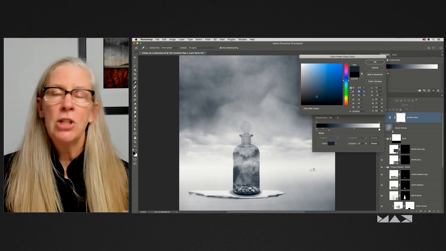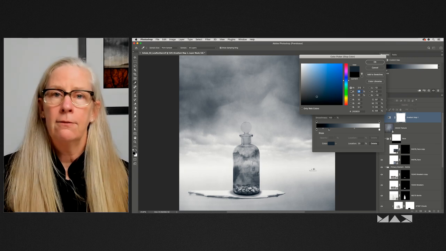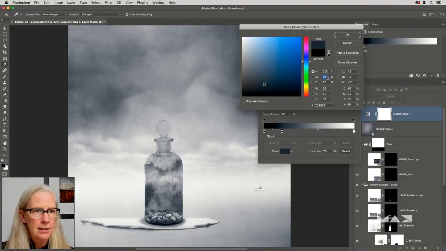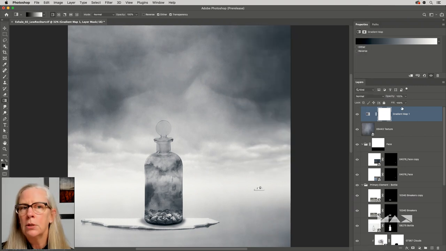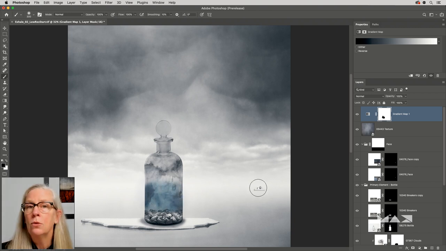But this way, if I have some shadows that are cooler and some shadows that are warmer, this blue tint is going to kind of make them more unified and look like they all belong in the same location. All right, so let's actually bring the saturation down to about 20. I want it, well, that might not show up on the video. Let's do 30. Okay, we can see that. I'll click OK and OK again. We could also just change the opacity of the gradient map layer if we wanted to. Or in this case, I'm going to tap B to select my paintbrush and tap 0 to make sure I'm painting at 100%. And then I can just paint with black in this mask in the areas where I don't want it to tint those shades.